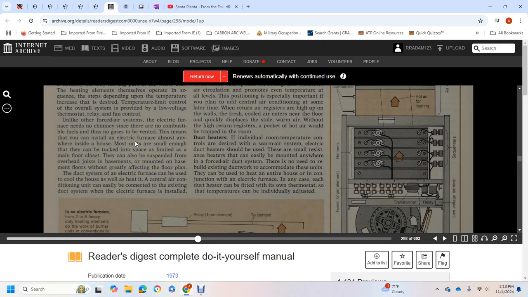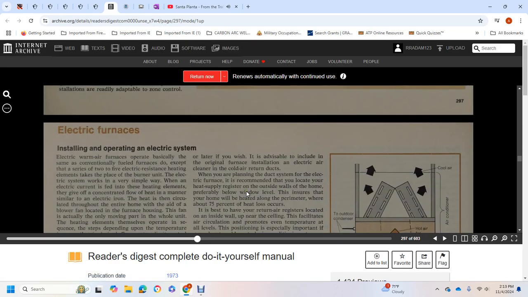Electrical furnaces can be used to cool the house as well as heat it, as a central air conditioning unit can easily be connected to the existing duct system once the electrical furnace is installed. And later, if you wish, it's advisable to include an electrical air cleaner in the original furnace installation, with the cold air return ducts. When planning the duct system for an electrical furnace, it's recommended to locate a heat supply register